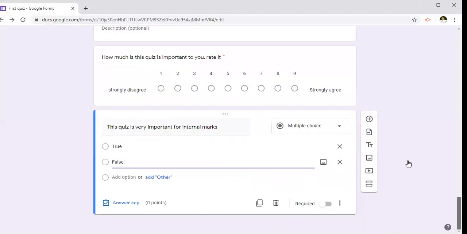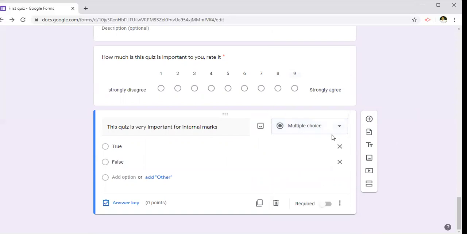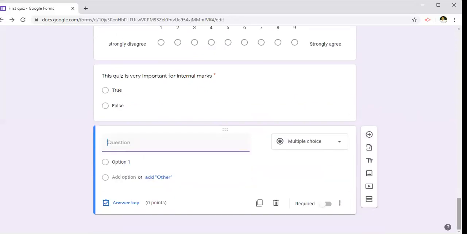So mostly I have covered all the options here, and I have left this drop down box, so I'll tell you that also. Again we'll add, so we'll take drop down here: course of the student.